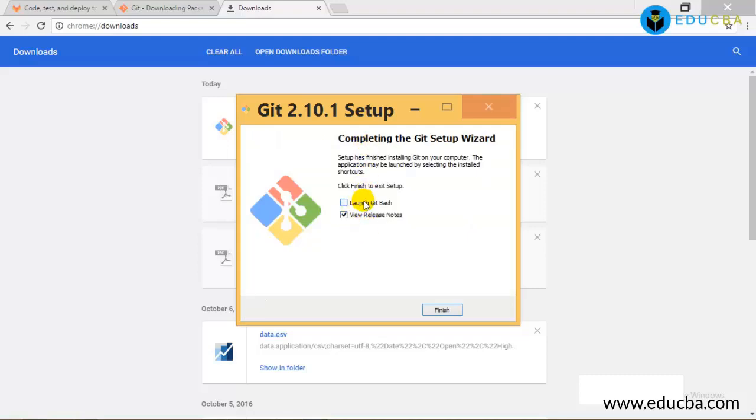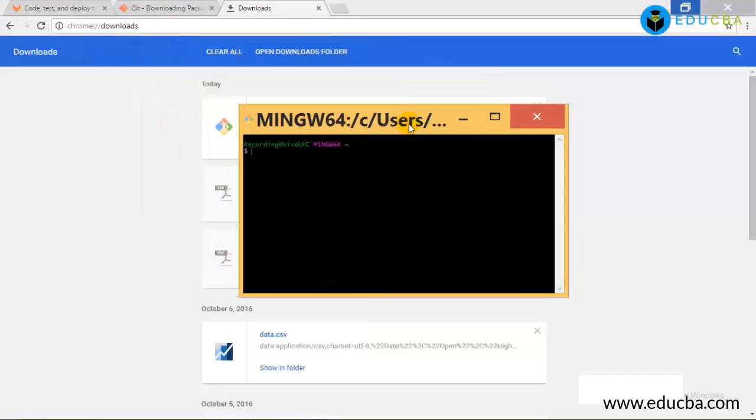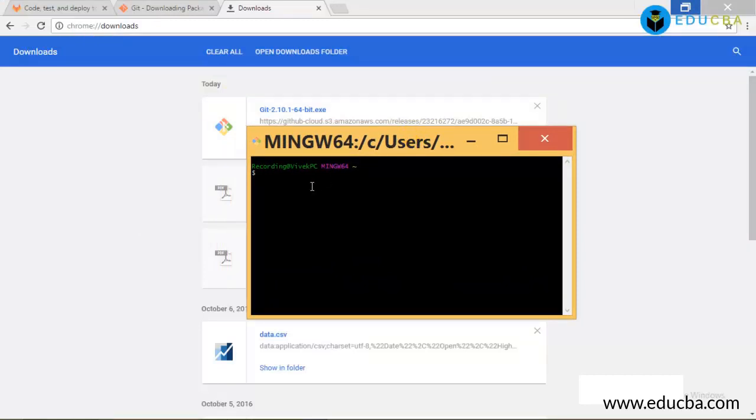So I want to launch Git Bash. This is my terminal, which you can see now. This terminal is similar to a Linux distribution terminal, which helps to execute the set of commands of Git and the repository, which is very important to understand. The terminal is the only source, or a kind of shell scripting, which helps to commit your changes, update the changes, and get updates, like push, pull, all kinds of operations which we will learn